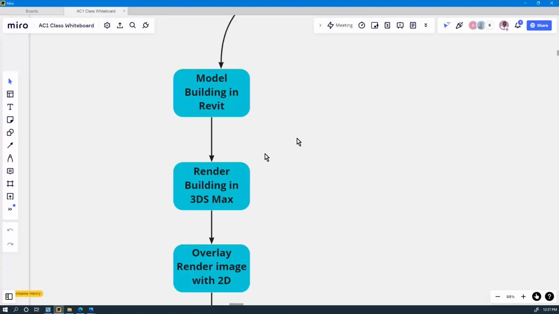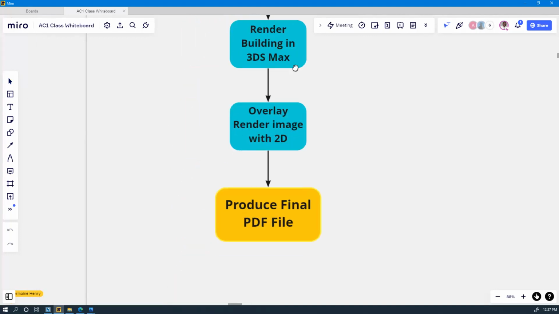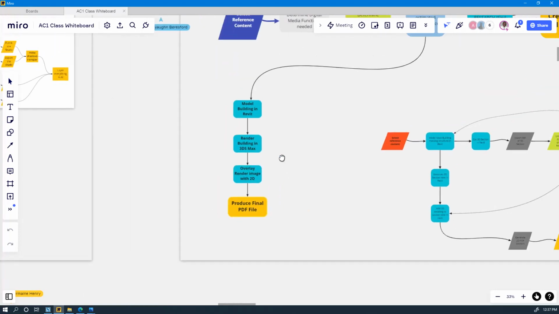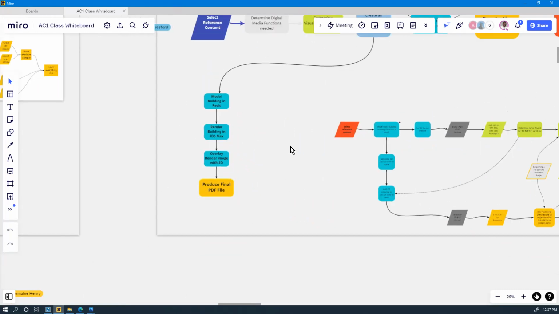All right, so while that opens, I would model the building in Revit, then I'm gonna render the building in 3ds Max, then I'm gonna overlay the image with a 2D section, and then produce the final PDF. Now, this is obviously a very simplistic workflow, and there were many adventures, I would say, that awaited me in the process of doing this, because obviously